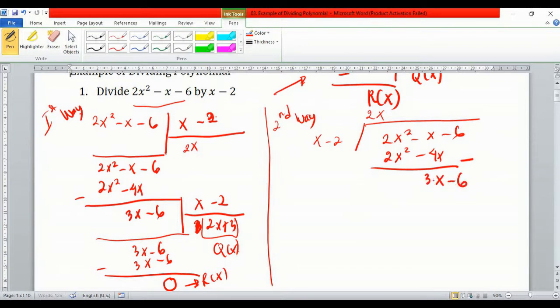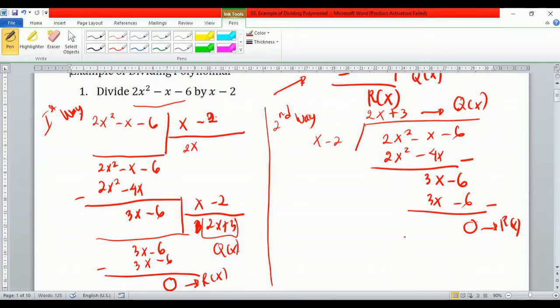You need to think what value to multiply with x minus 2 to get this result. So this one is plus 3. So this is equal to 3x minus 6, everyone, right? So here the result is 0. So I can show you: this is the quotient Q(x), and this is the remainder R(x). I think the second way is easier, but it's okay for you to use